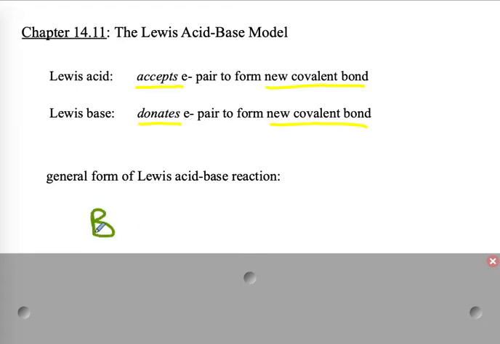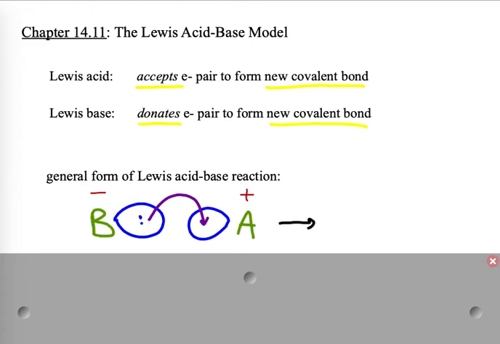Here is my Lewis base, and here is my Lewis acid. Lewis bases often but not always have negative charges. Lewis acids often but not always have positive charges. What a Lewis base has to have, though, in order to behave as a Lewis base, is a lone pair of electrons, which I will indicate with this blob here with 2 dots in it. The Lewis acid must be electron deficient. It must have an empty lone pair. So in my generic Lewis acid-Lewis base reaction, this is what happens. The base donates a pair of electrons to the acid, and in my product, I have formed a new covalent